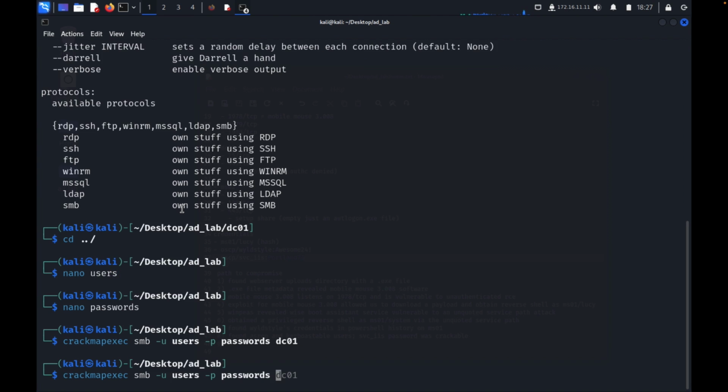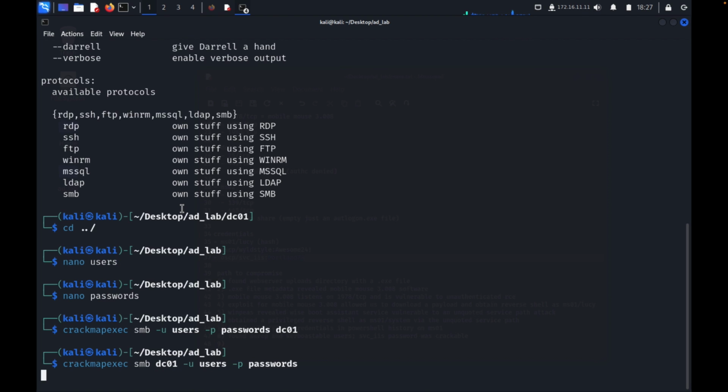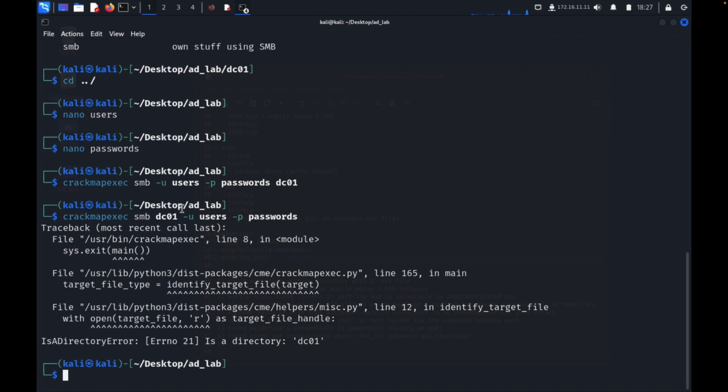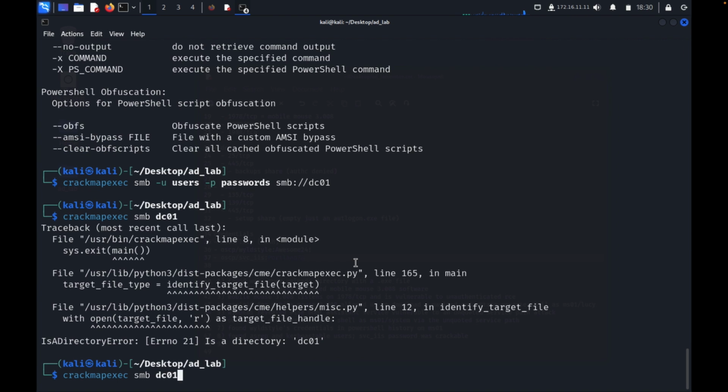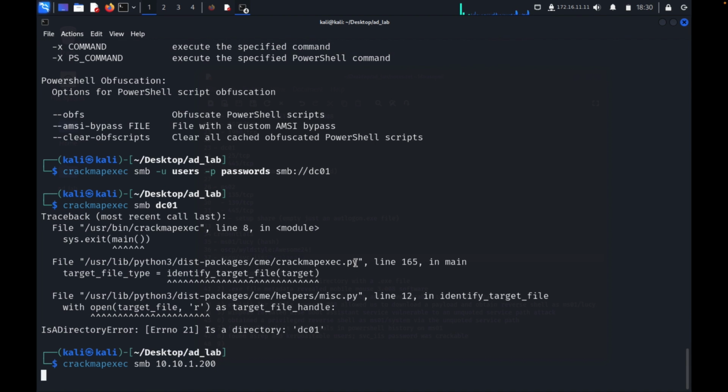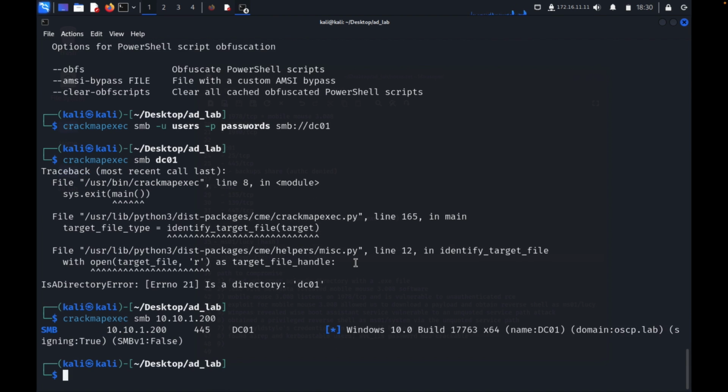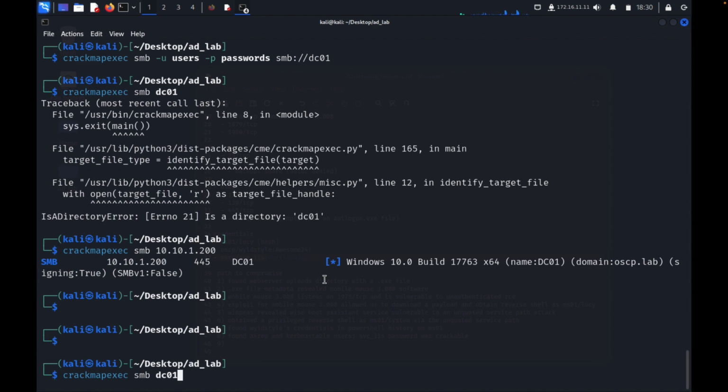Oh, and I think I did that incorrectly in my order. Again, helps to have right syntax. It's either that or it does not like that. How about 10.10.1.200? Okay, so apparently it just doesn't like host names. That's the problem. So in that case, and again, the great thing about CrackMapExec is you just give it a destination